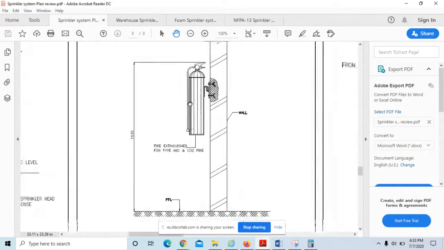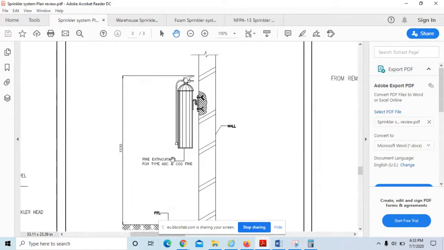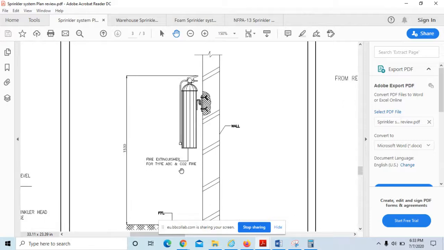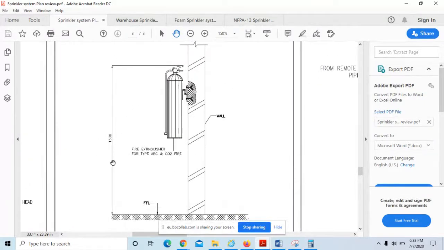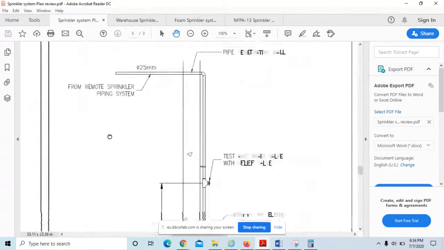Now we have the maximum installation details. This is the installation detail of the fire extinguisher, right? The top of the fire extinguisher is 1.5 meters from the finished floor level. Now look into NFPA 10, what is the maximum allowed? I think 1.5 is allowed or not, we have to make sure of that, because recently they changed the maximum height. Earlier it was something else, and now they have changed. It is something like 1.2 meters from the top of the discharge. You have to look for the NFPA 10 requirement. If it is not in that limit, they have to reduce that one.